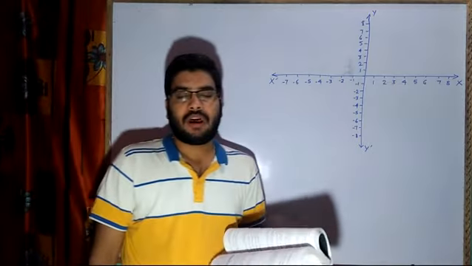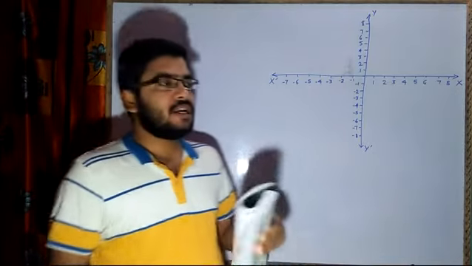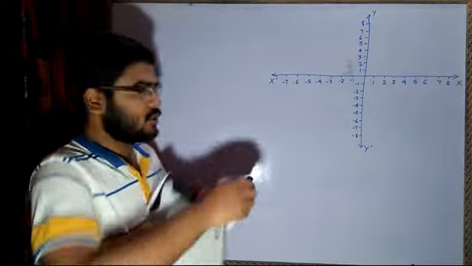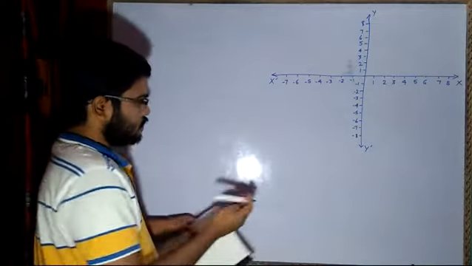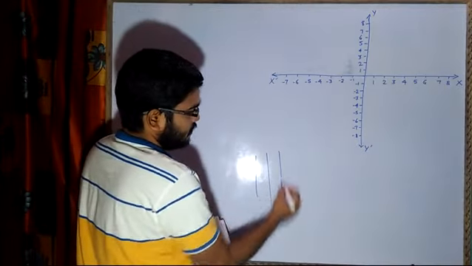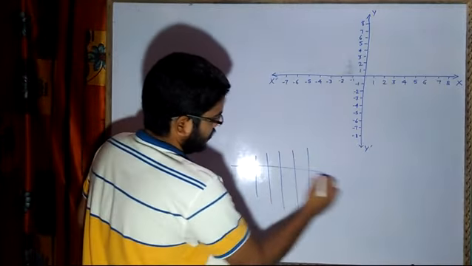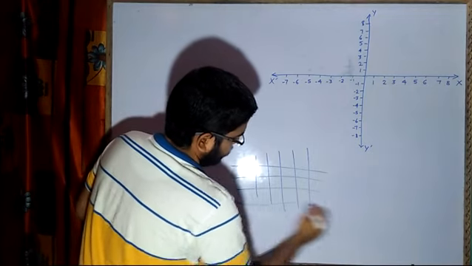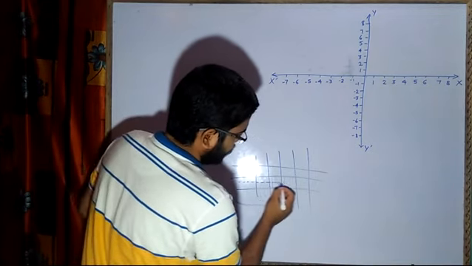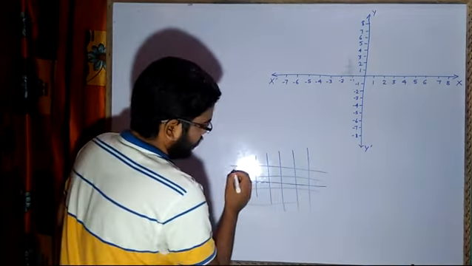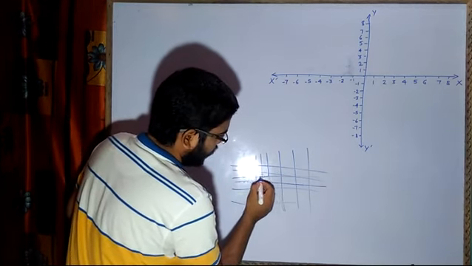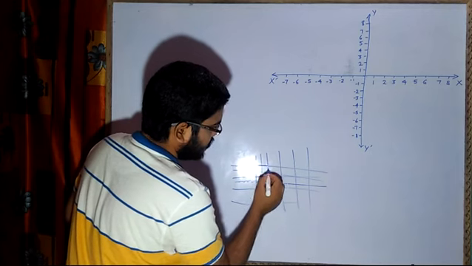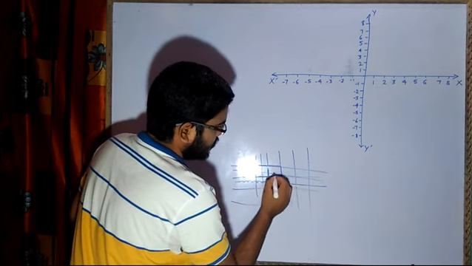So, if you see in your graph paper, the graph grid is of 1 centimeter each. That means if you see the graph paper, there will be so many lines, and in between there is also one line like this. So this bigger square will always be 1 centimeter by 1 centimeter.